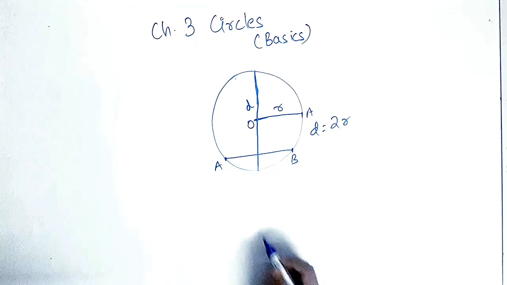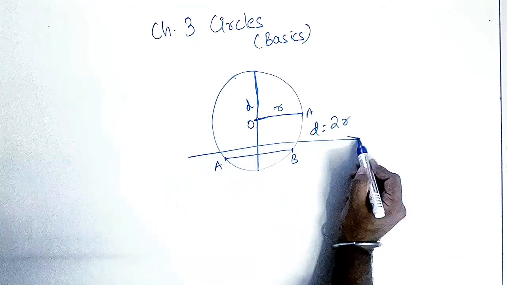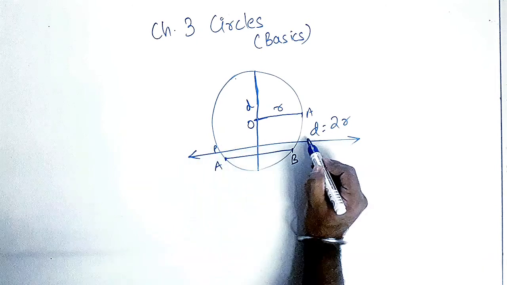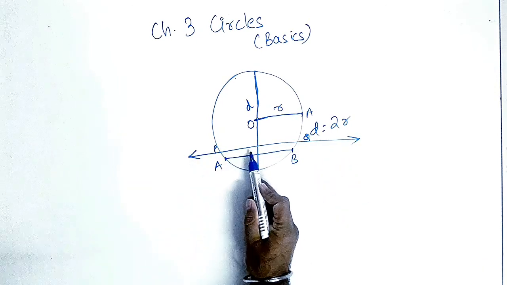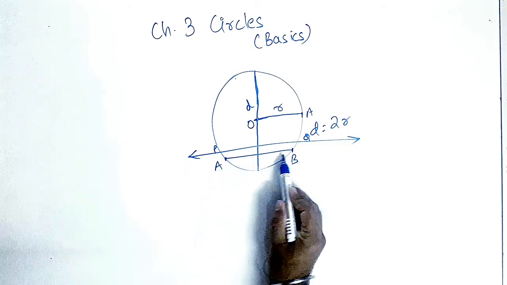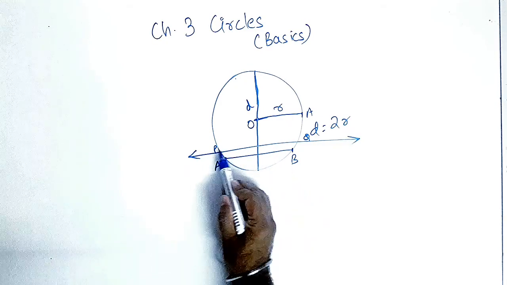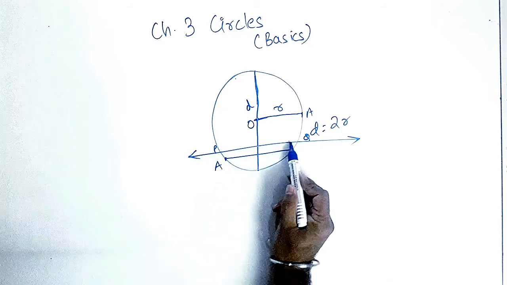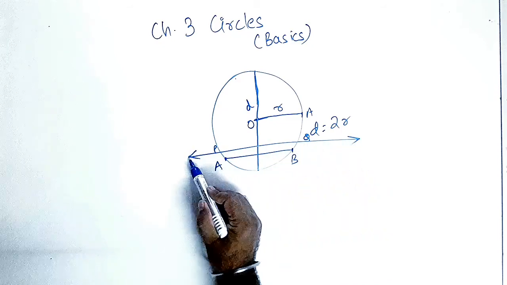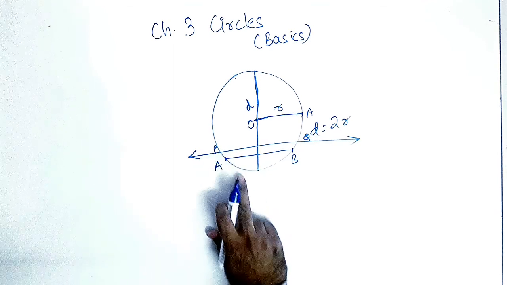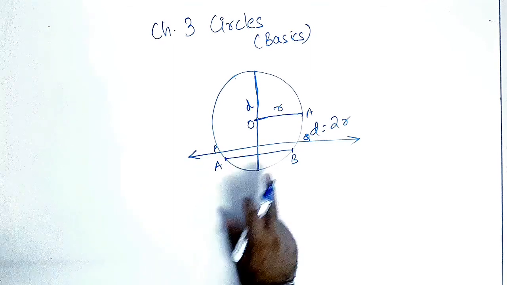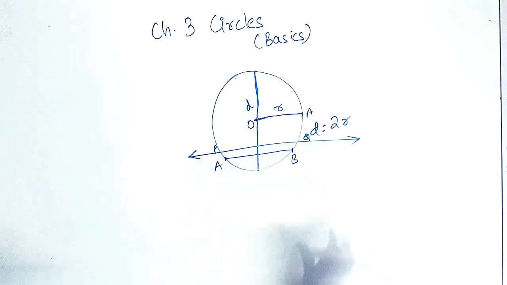Then you have a secant. I'll draw a secant. This is, say, PQ. PQ is a secant. What is the difference between a chord and a secant? Nothing. A chord is a segment, whereas this chord, when extended into a line form, it is called a secant. A secant is almost like a chord, just that it is a line, it is not a segment.